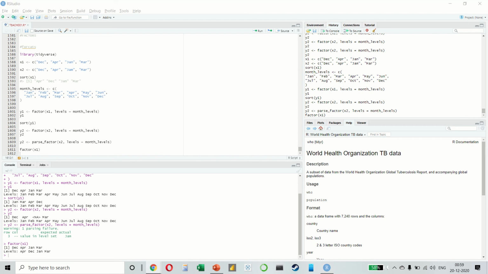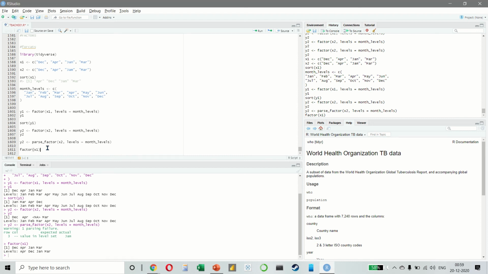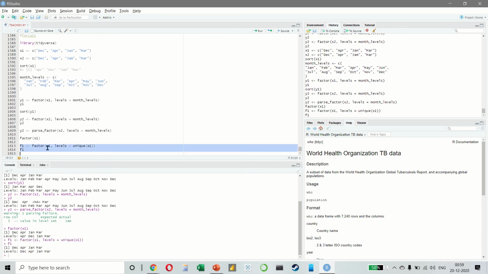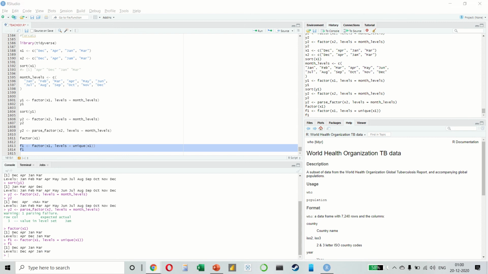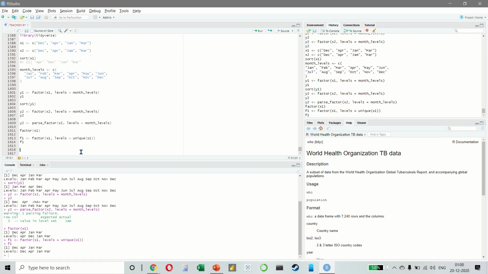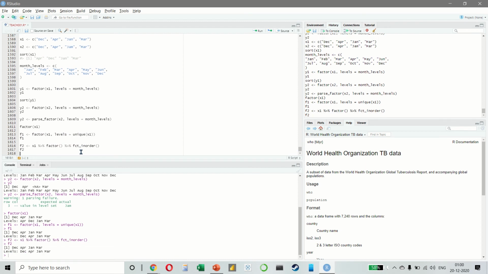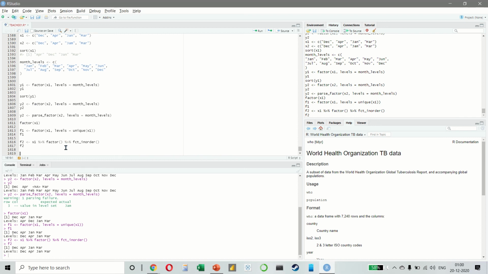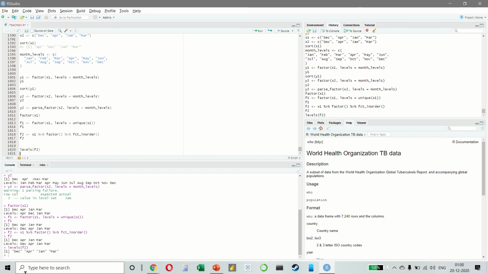For example, here if you notice, we're getting December, April, Jan, and March. One more way of doing this would be like this. And if you ever need to access the set of valid levels directly, you can do that using levels like this.